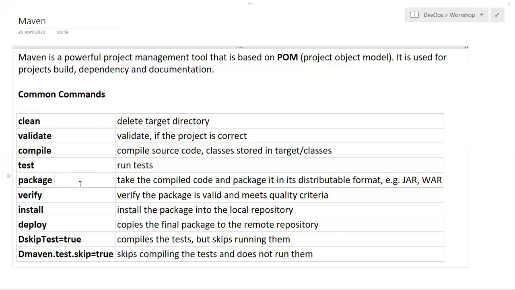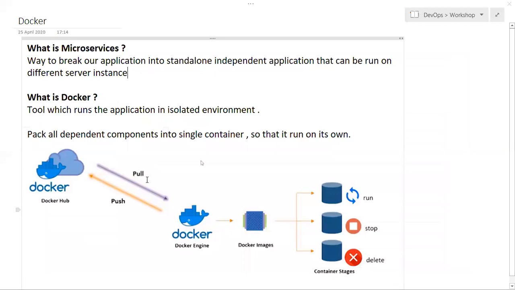Okay, now we'll move to Docker. I discussed microservices. Microservices is a way to break our application into small modules, and each runs as a standalone application. It is an independent application that can be run on a different server instance.